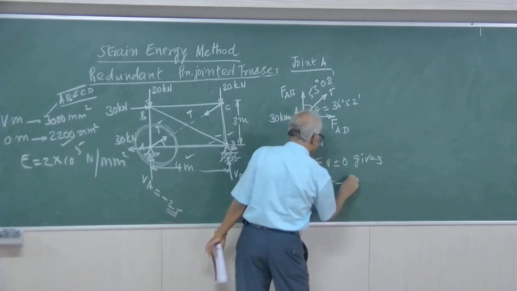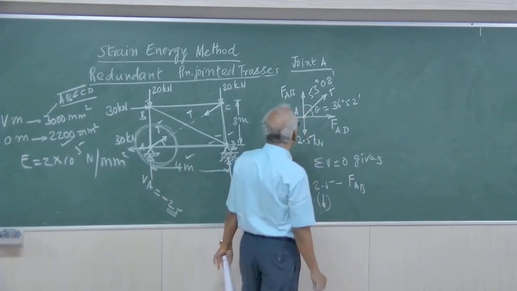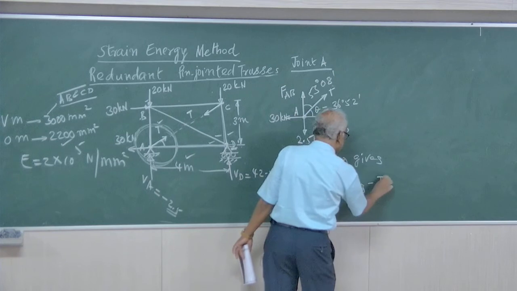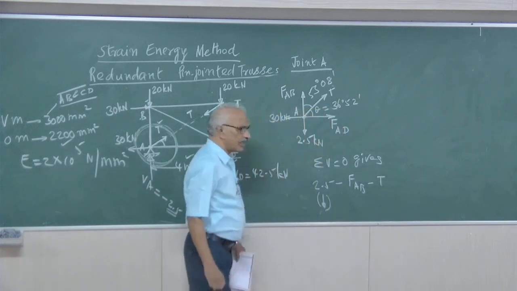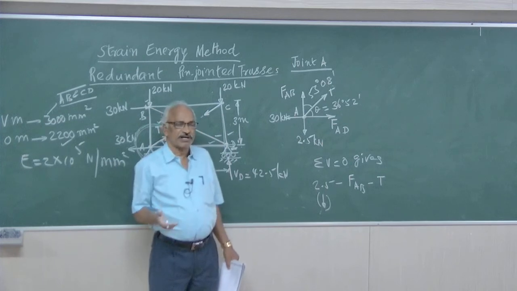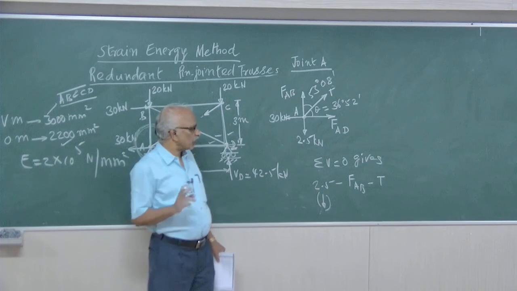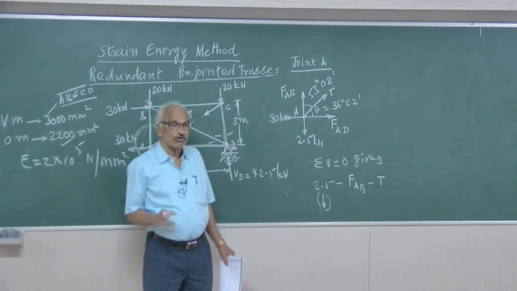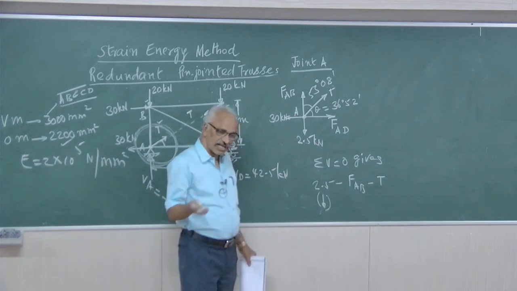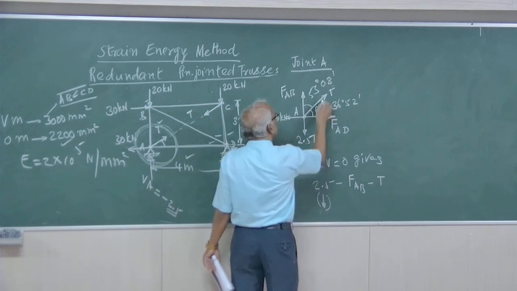So minus FAB, it is a vertical member, minus T into... Here generally people will find it difficult whether to go for sin theta or cos theta. If you mark theta only with horizontal, you have to go for T into sin theta. Now since we have marked both with vertical and horizontal, my way of doing this is T into,